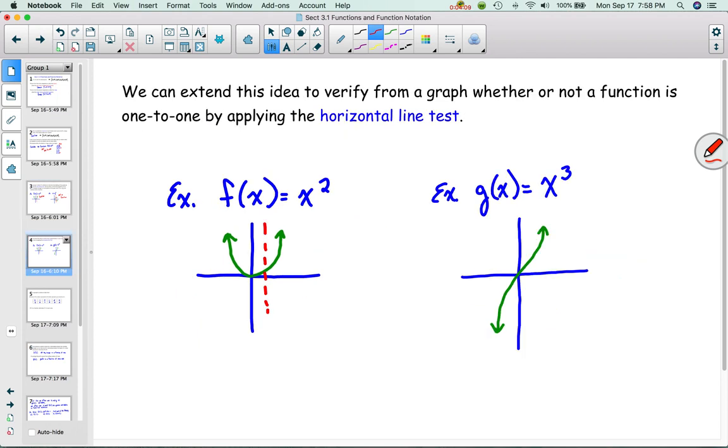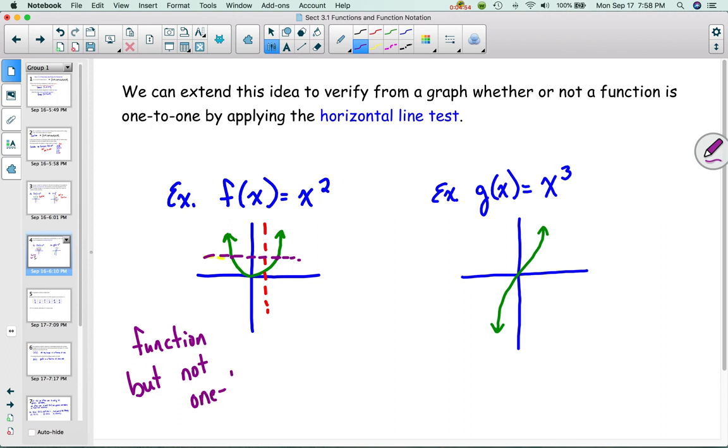So we're going to extend this idea to verify from a graph whether or not a function is one-to-one. And we can do what we're going to call the horizontal line test. So back to our function, f of x equals x squared. And let me change colors on this. I'll just use yellow. So if we did a horizontal, now we know it's a function because it passes the vertical line test. Oh, yellow is not a very good choice. But if we do a horizontal line test, we see that it passes through 2 points here. So it's a function, but not